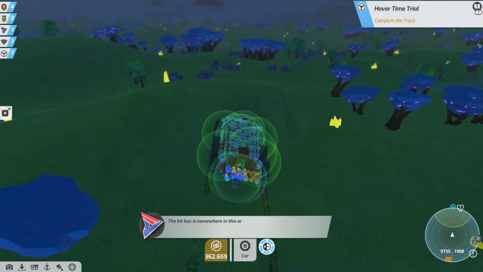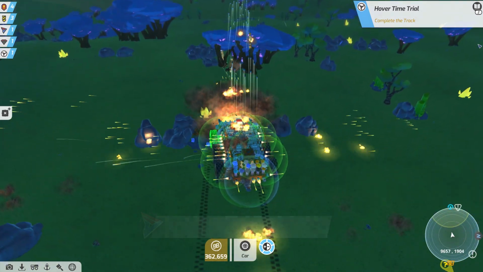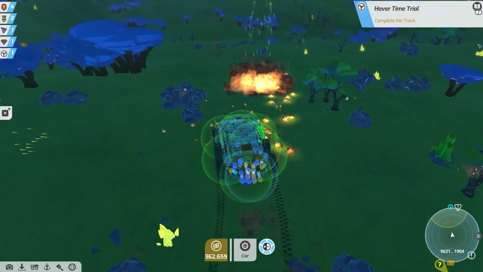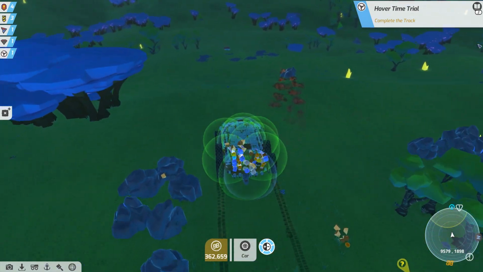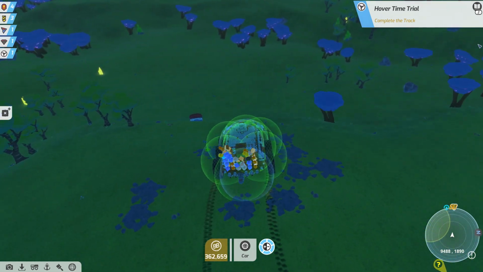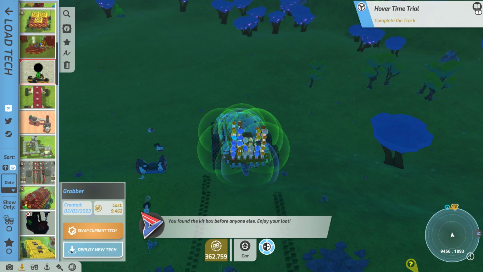I think there's a kit box and I can find it. And if I don't find it quickly enough, some enemies will turn up and I'll find them. There's the box, I see it. Okay, well I don't get to fight the enemies, but